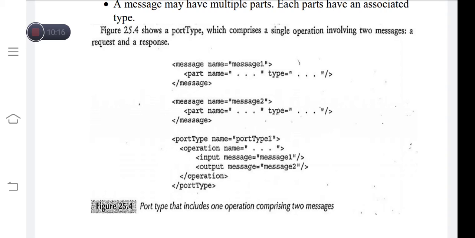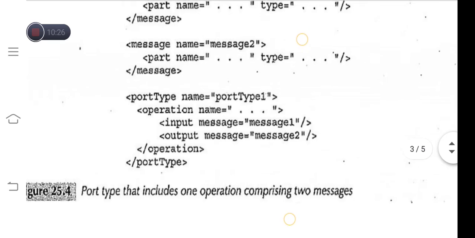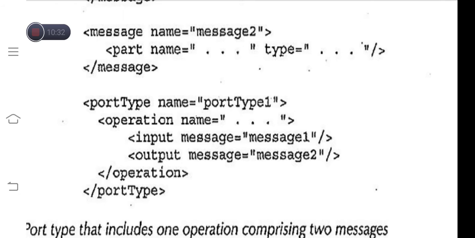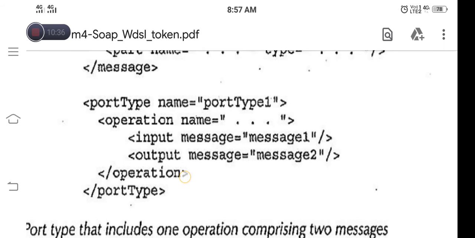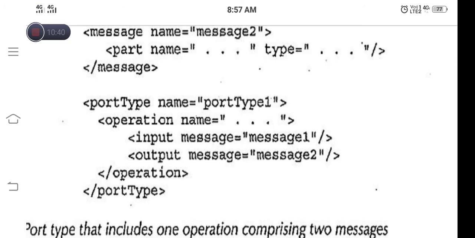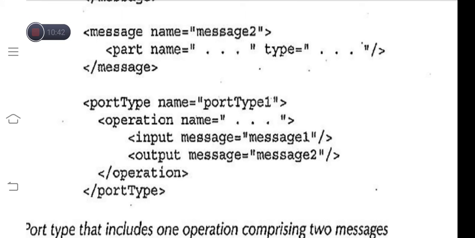This shows a port type which comprises a single operation involving two messages, a request and a response. Here we have the port type element followed by the name of the port type. Inside the port type tag we have the operations, and inside the operations we have the two messages with their types.